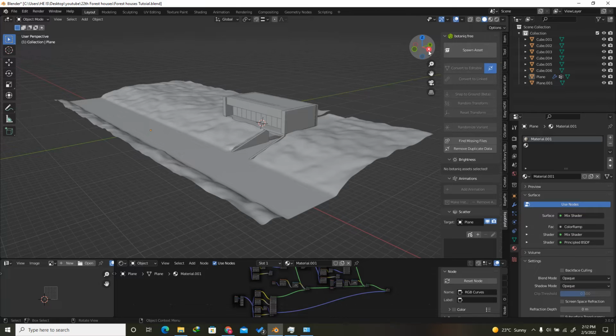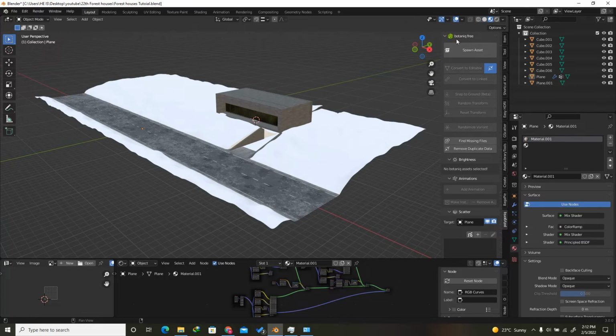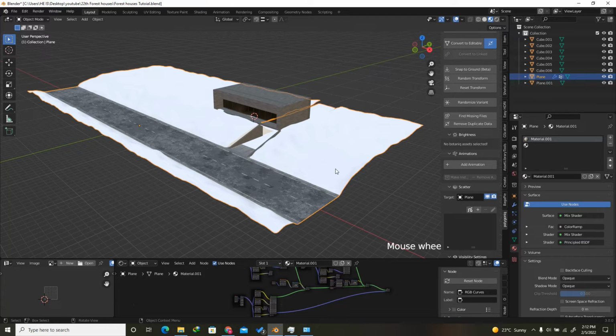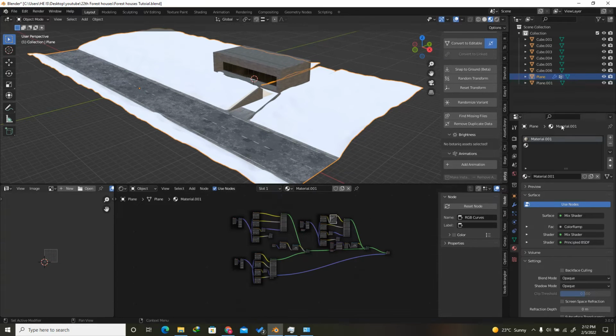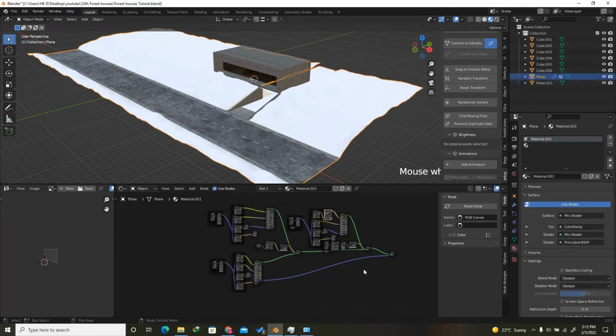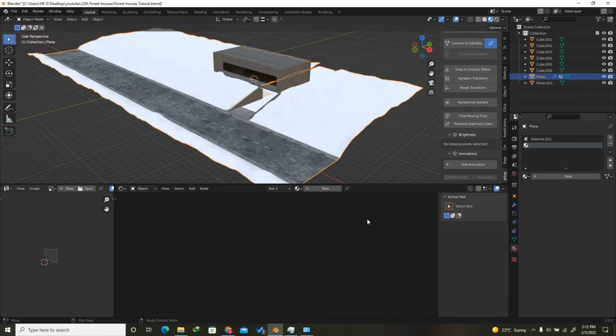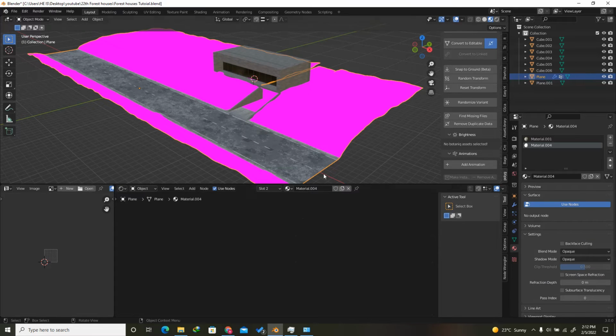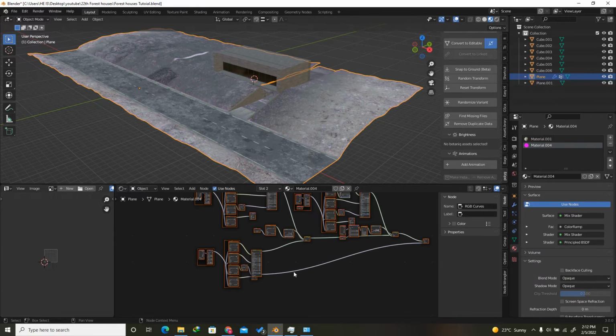We are going to use this one, but before doing anything, if I go to this EEVEE material preview, when we are applying grass on this using the scatter, it's going to displace or change the material. So what I'm going to do is select this road material, press A to select everything, and press Ctrl C. Then I'm going to go to the second one, press New, and then X to delete everything, and then Ctrl V to paste